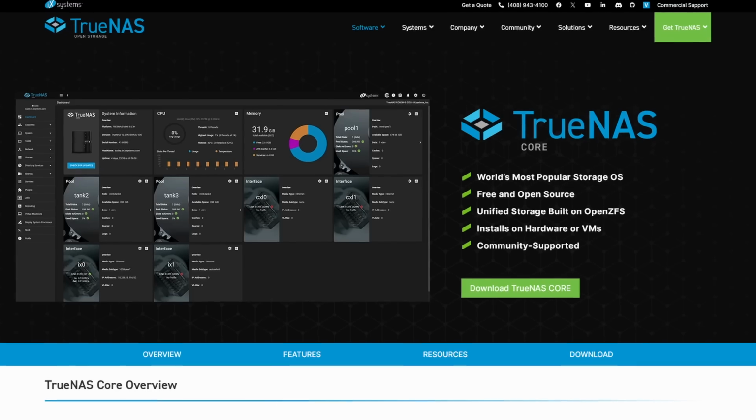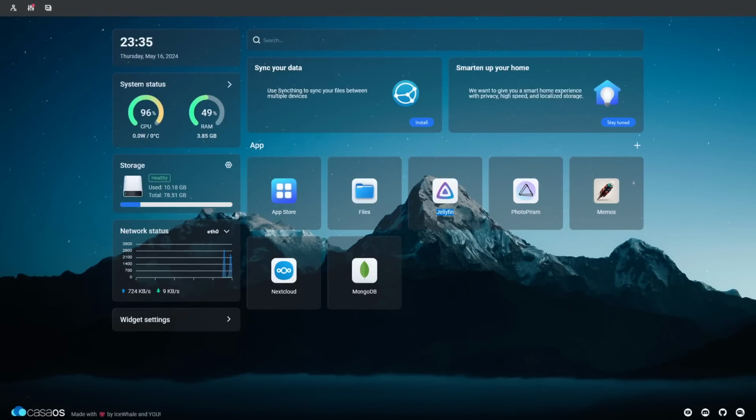Desktop Windows was not built to be a NAS operating system, and there are definitely better options out there. I personally recommend something like Unraid. There's TrueNAS, Open Media Vault, even something like CasaOS. There's a ton of other options. But again, if you're running a Windows desktop and you want functionality out of it, this is great. Or if you just really love Windows, this is the video for you.